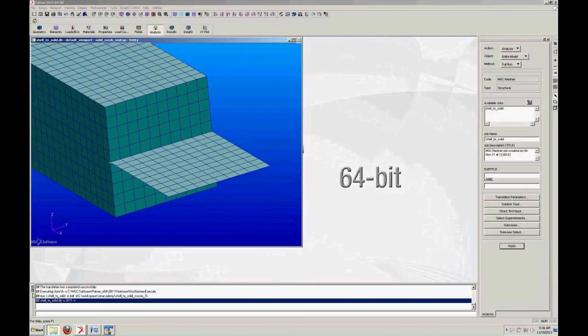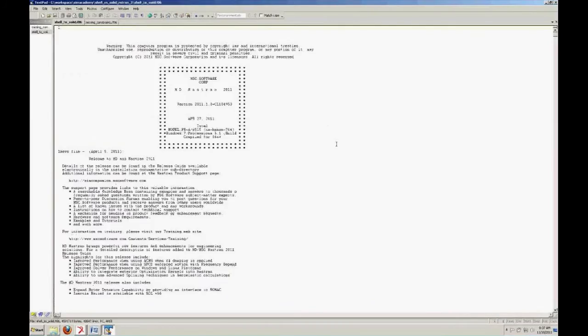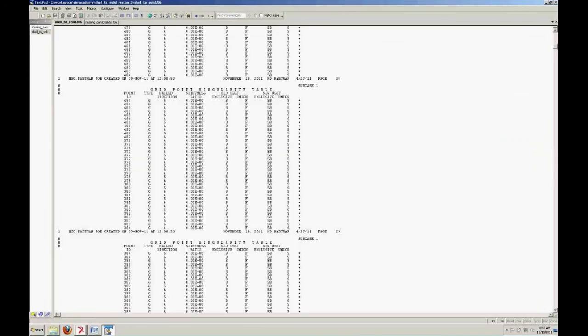This PDF is going to be called Shell to Solid. And if I scroll down,